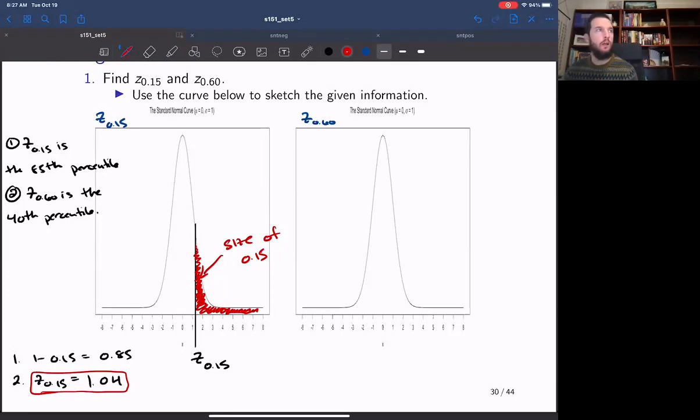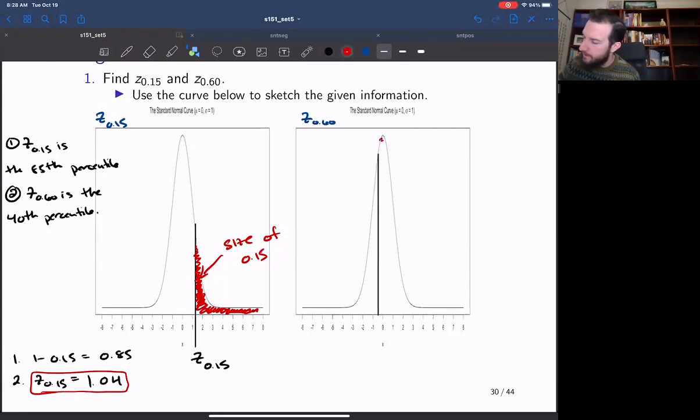Okay, in the second exercise, we're going to apply the exact same technique. The only difference is where our sketch puts the value. Now, in this case, we are being told that the subscripted value, so the area to the right, is 0.6. So that means that we have to cross 0 because there's 50% of the area on each side of 0. So in this case, we're going to sketch on the left side of 0. So maybe over here, for example,